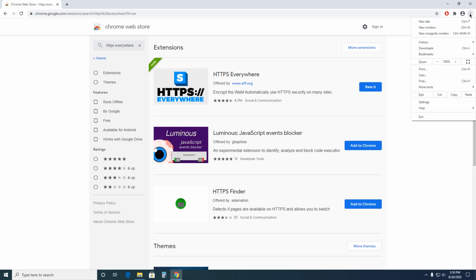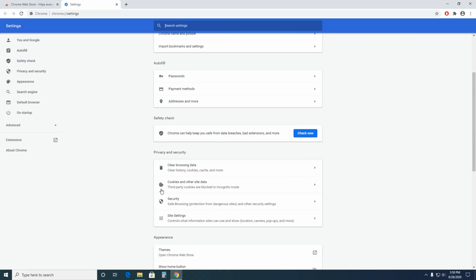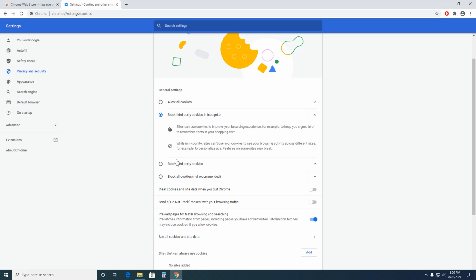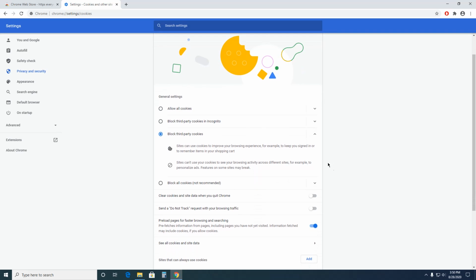Click these little 3 dots. Go to settings, and then down here to privacy right here. So cookies and other site data, click this little arrow. We want to block all third-party cookies. So sites can't use your cookies to see your browsing activity across different sites, for example, to personalize ads. You probably won't see any difference, you probably won't notice it, but they won't be able to use